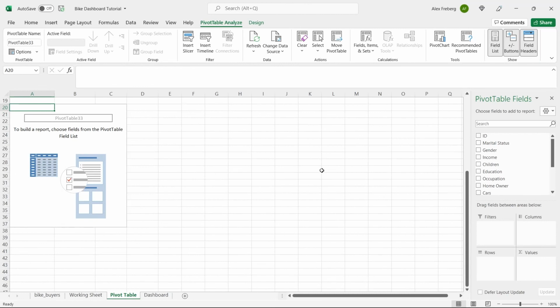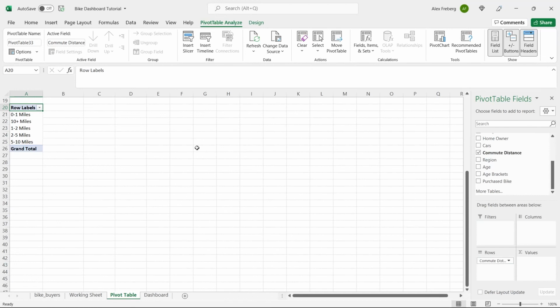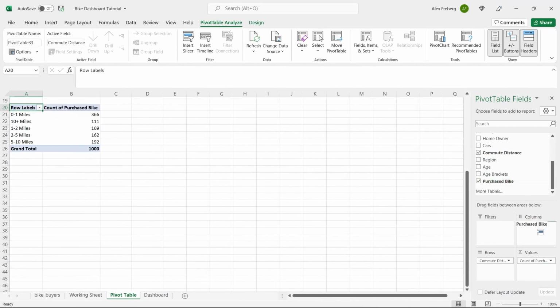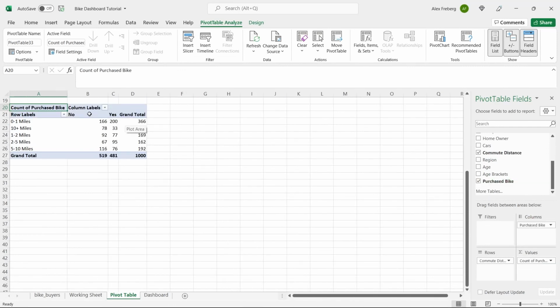So what we're going to do is look at the one that we were looking at earlier, the commute distance. So we're going to bring that right over here. So we have these: 1 mile, 10 miles, 1.2, etc. Now again, we're going to look at if they purchased a bike. That's really important. And let's make that the column as well. So now what we have is a count of these no's and yeses,